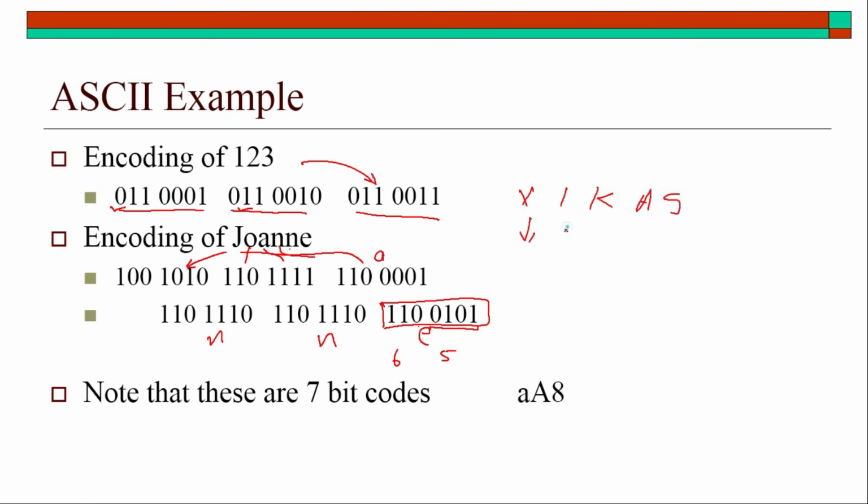ASCII of V, ASCII of I, ASCII of K, ASCII of A, ASCII of S would be stored in the computer. That's why for every character in the computer you require 1 byte of storage. 1 byte is the standard of storage. Why? Because every code is 7 bit or 8 bit basically. Means one more bit is there, that is made 0. So it becomes 1 byte. ASCII is a 7 bit code, so the last bit can also be used for storing parity, which we will not discuss now.